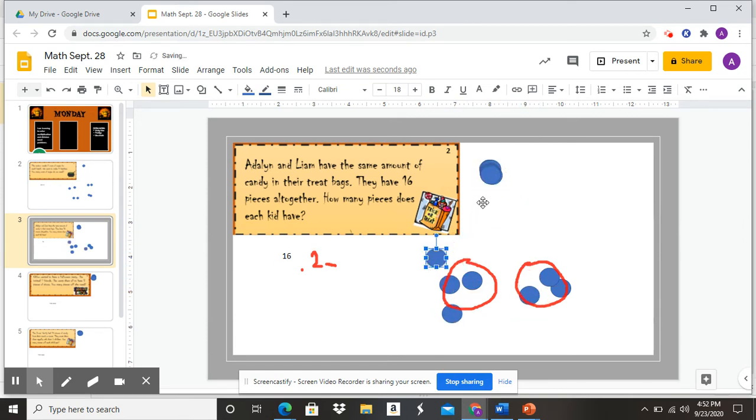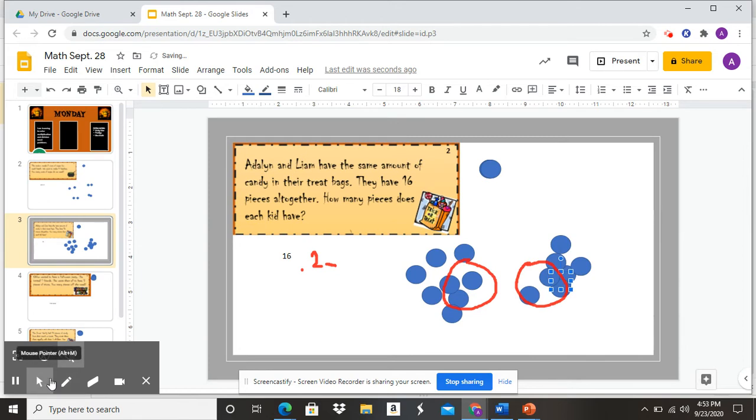7, 8, 9, 10, 11, 12, 13, 14, 15, and 16, okay? So this group here is Adeline's,